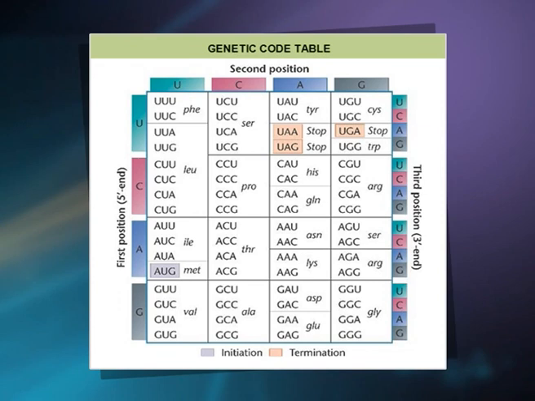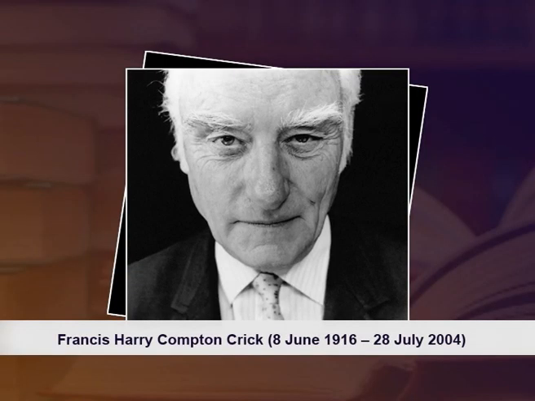Pairs of bases cannot be a codon either, because there are only 4^2 or 16 possible pairs. Francis Crick and Sidney Brenner determined that the DNA is read in sets of 3 nucleotides for each amino acid. Triplets of bases are possible because there are 4^3 or 64 triplets, which is more than enough. There are therefore 64 codons which code for the 20 amino acids, and since each codon codes for only one amino acid, this means that there is more than one code for the same amino acid.